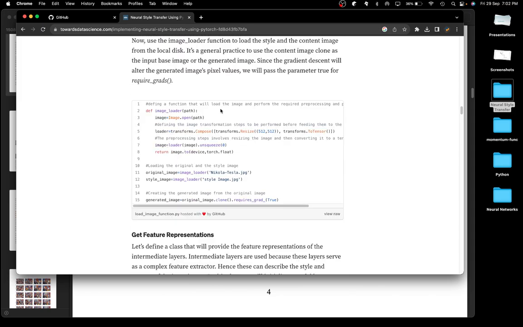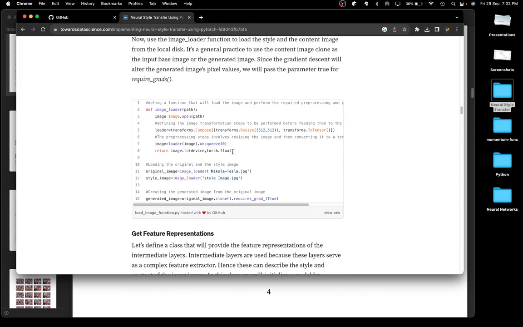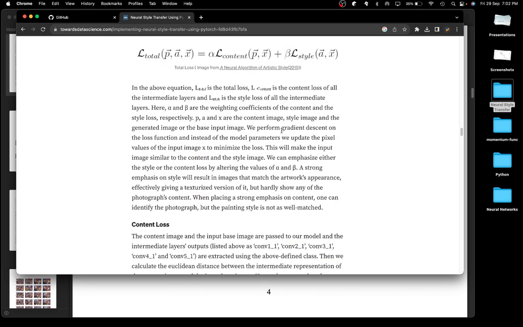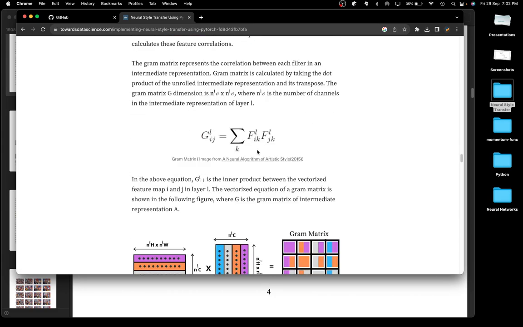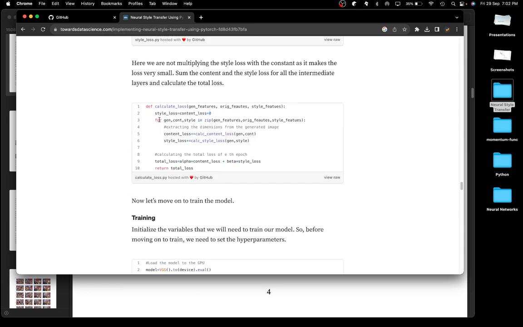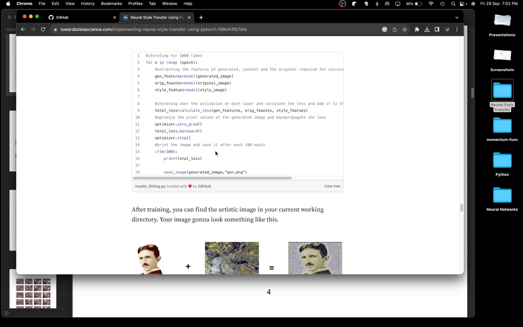You can see that they have this entire code. It's written in PyTorch, which is what I'm going to be using. You can see that they already have written a lot of the code for this, and it's written really nicely, I would definitely say. So that's pretty cool. All right, so that's it for